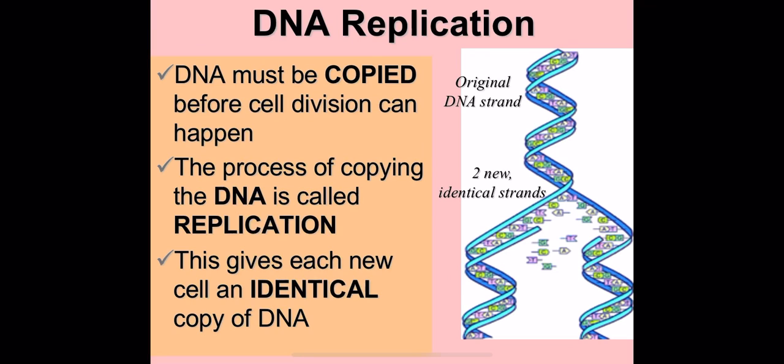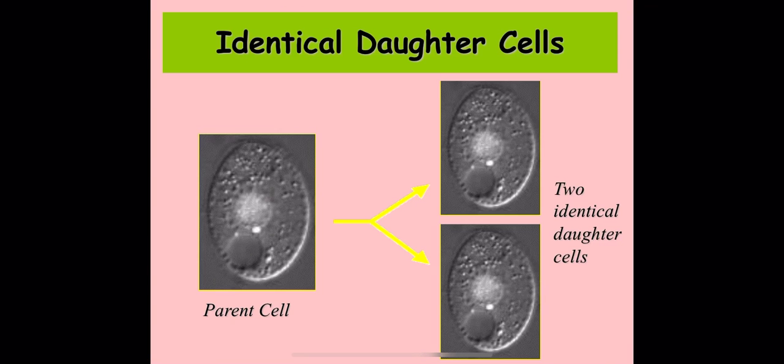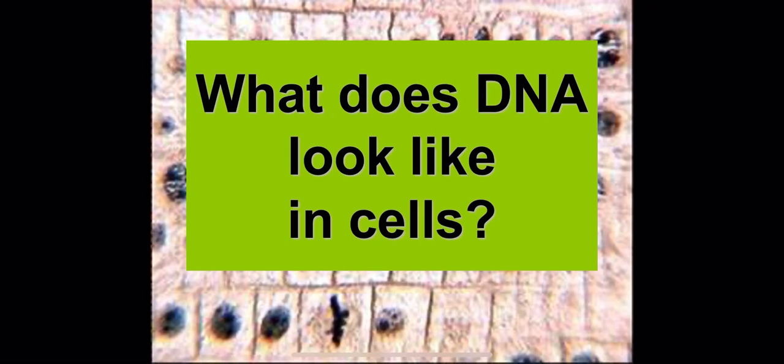And now we have 2 strands of DNA that are half old, half new. So half from the parent, half that was newly created for the offspring. And that helps us to maintain fidelity and make sure that the DNA is identical and exact to what it was originally. So look at this picture here. You have your parent cell, and you can see that it is dividing into 2 identical daughter cells. They are slightly smaller, but they have all of the same stuff. The organelles, the cytoplasm, the DNA, it's all identical.